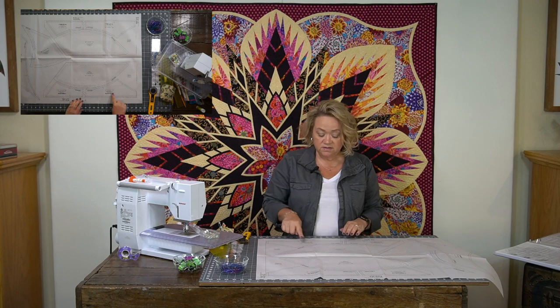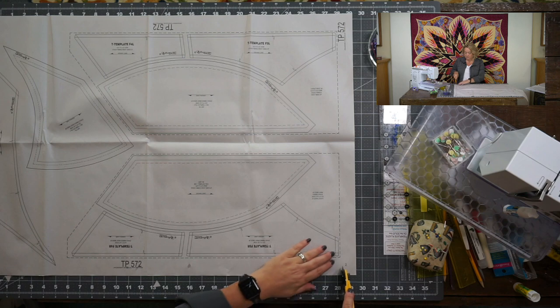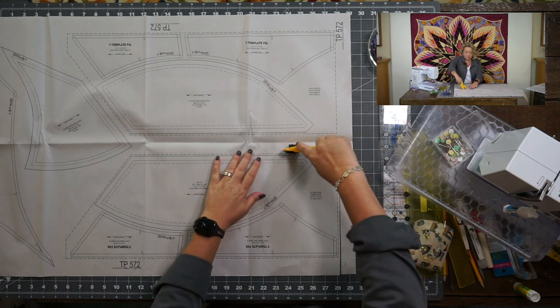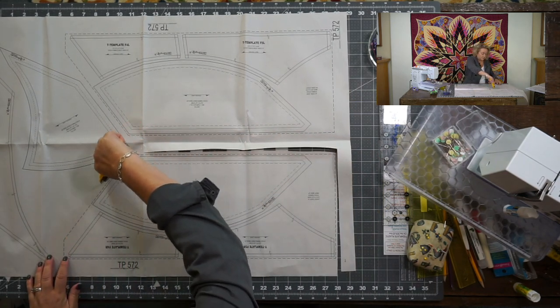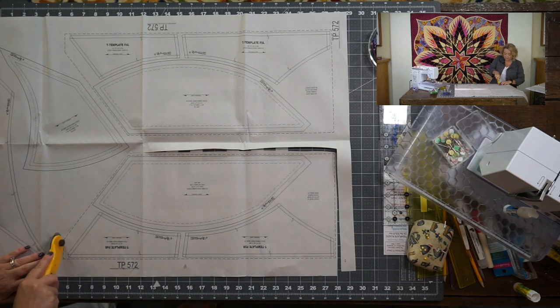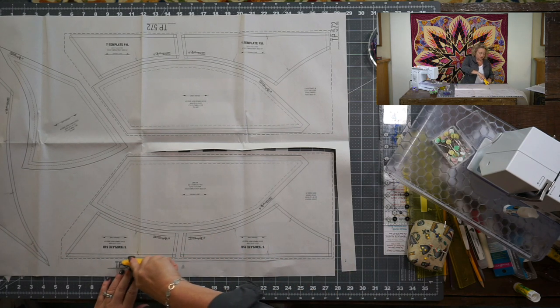Okay, we have TP 572 here. We talked earlier about the dashed lines around these 3 T-template units. You want to make sure that you leave these all in one piece, because when we get to that section of stacking and cutting our fabric, we're going to lay this right on top